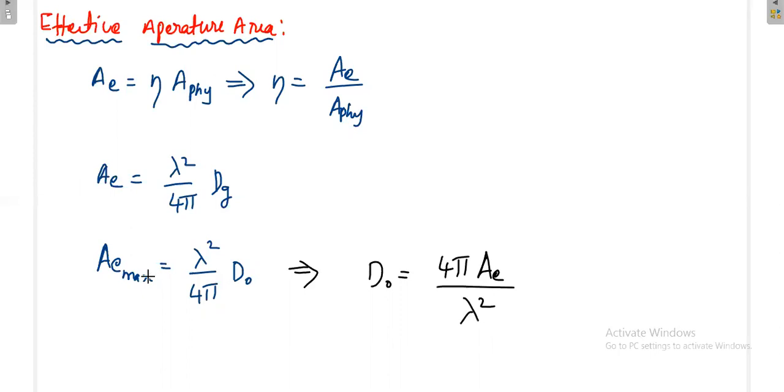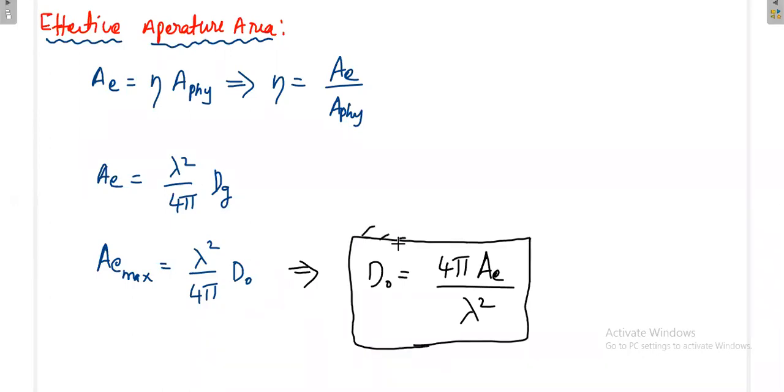Generally, do not mention E max, something like that. Please always remember directivity is equal to 4 pi effective aperture area divided by lambda square. Please always remember this formula, very important. Okay, whenever you discuss about the antenna which is of parabolic type, then in those cases you have to use this formula. Directivity formula means 4 pi effective aperture area divided by lambda square, because whenever you have antenna structure